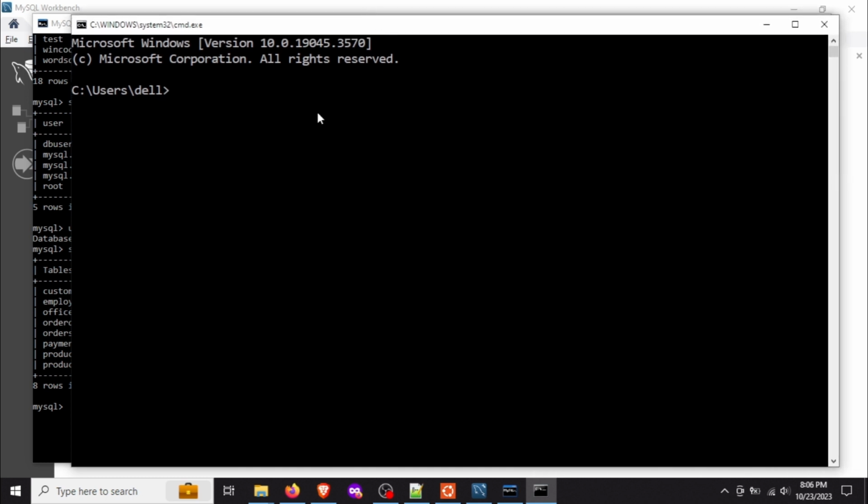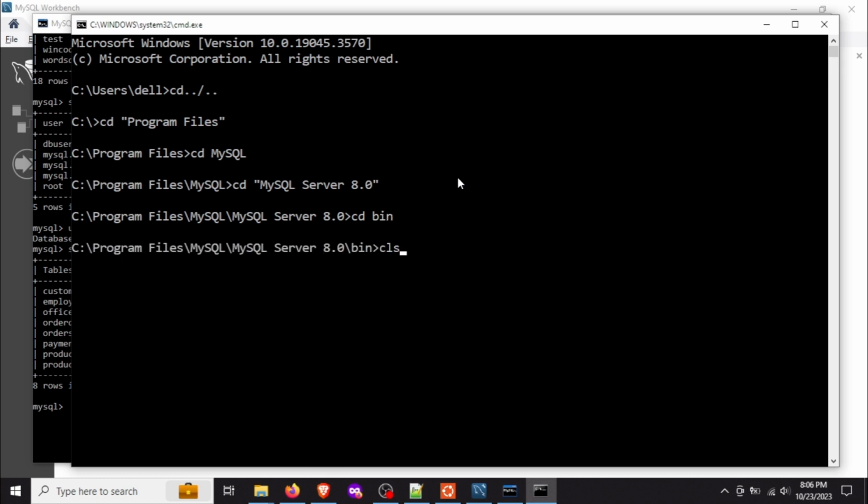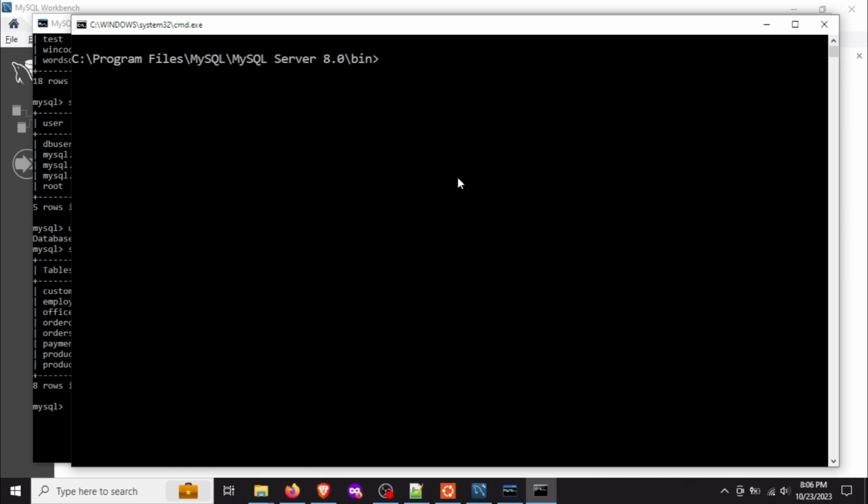And inside this, I can go to the program files. Then I can search for MySQL. Then I can again search for MySQL Server 8.0. This could be different for you. And then we go inside the bin folder. Now here, I can access the MySQL